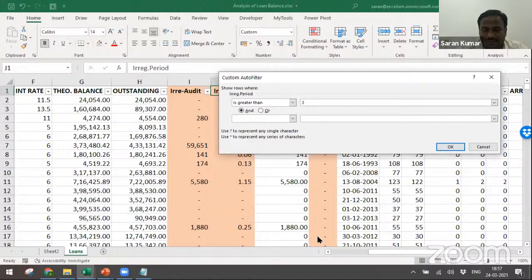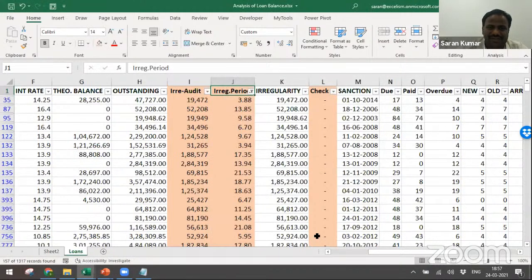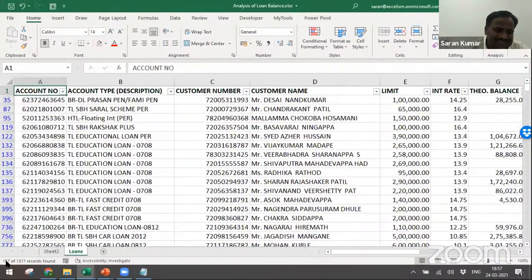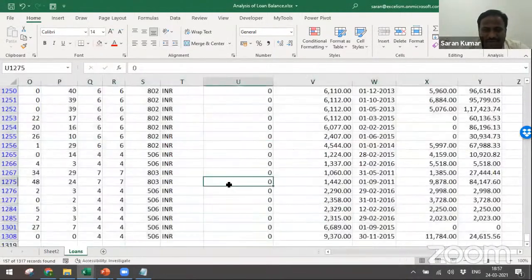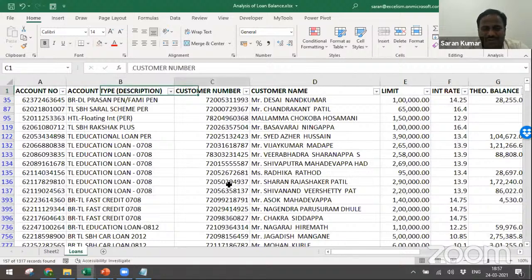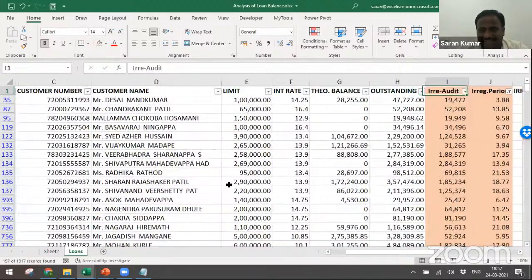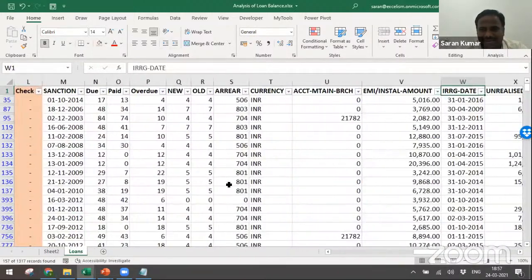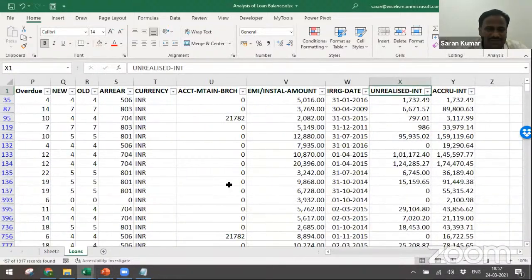Greater than or equal to? It's greater than. Just check it out, greater than. I'm sure you may find almost 157 accounts out of 1370. Maybe some of the accounts might have already been classified as NPA. So what you need to do is remove the NPA accounts and take only the PA accounts. Then for the PA accounts, you can get the information from the person at the branch on why those accounts are not considered NPA.